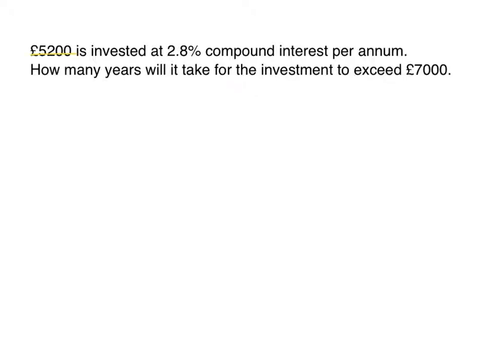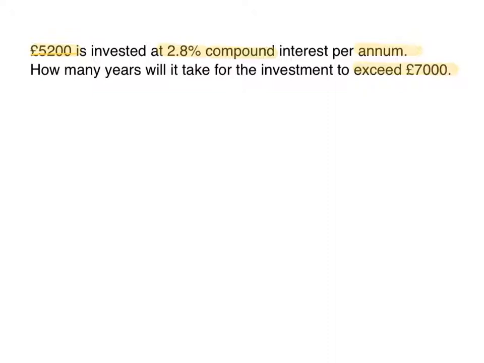£5,200 is invested at 2.8% compound interest per annum, which is per year. How many years will it take for the investment to exceed £7,000? So I start off with